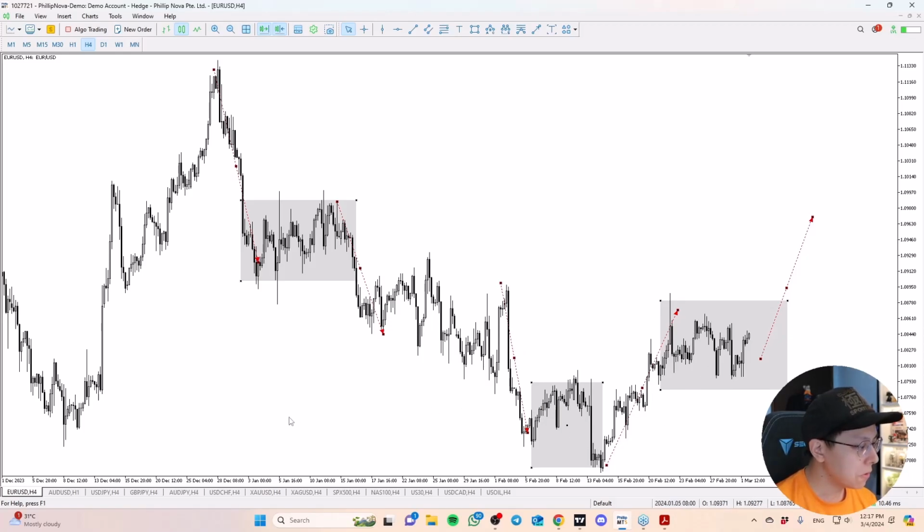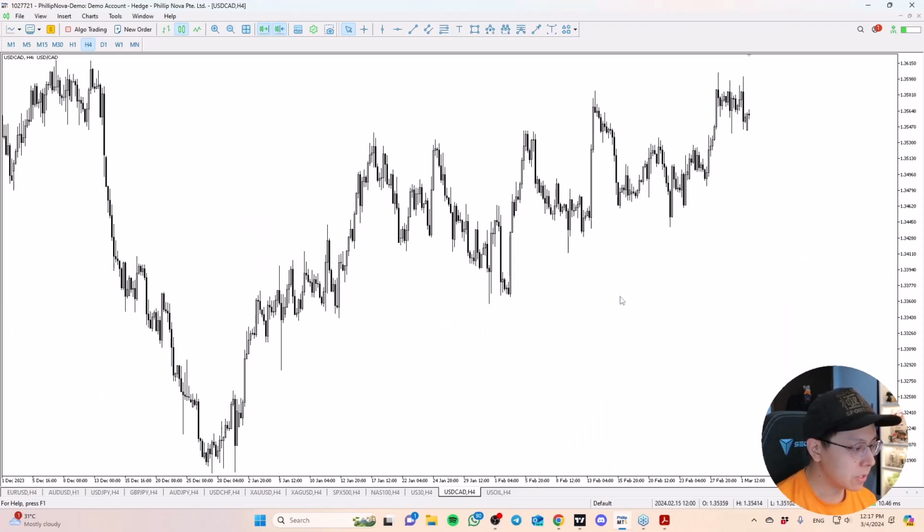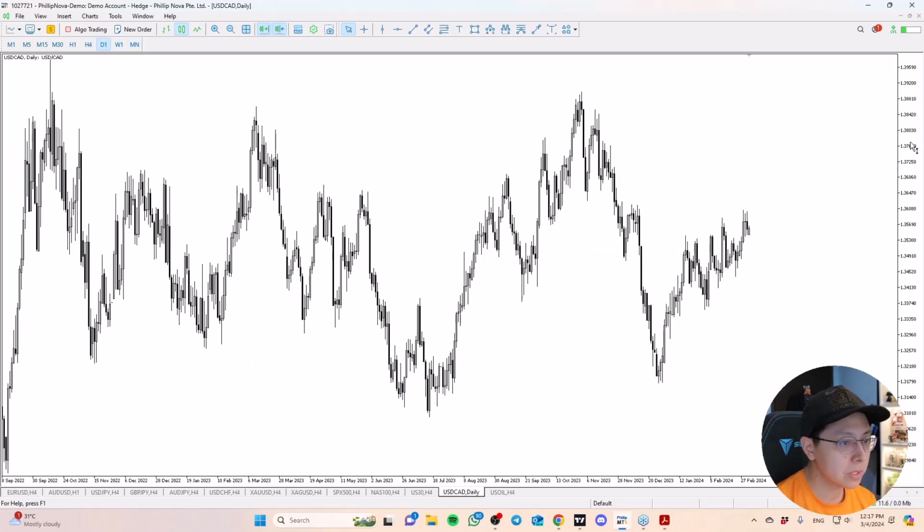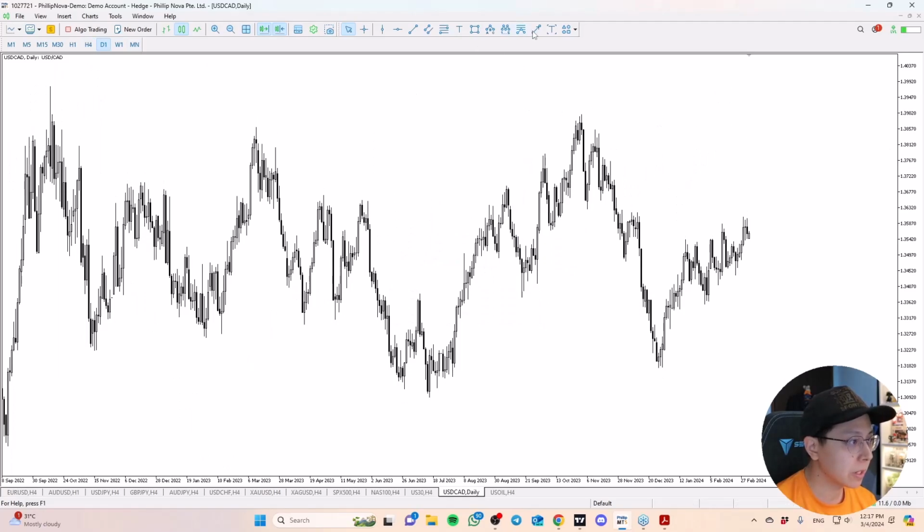Now another example I'd like to highlight is the dollar Canadian. I'll just play around with multiple time frames to show you clarity as well. Now you can see this initial push was fast, and the market now starts to do a little bit of a consolidation, right? It's still going higher, but the momentum in which price is developing, you can see it's already slowing down significantly, right? So it kind of carries the element of a crawl.